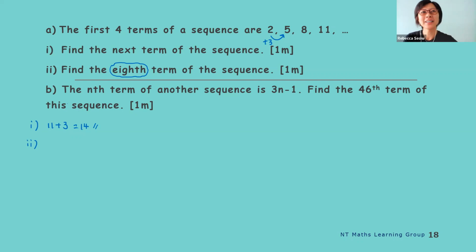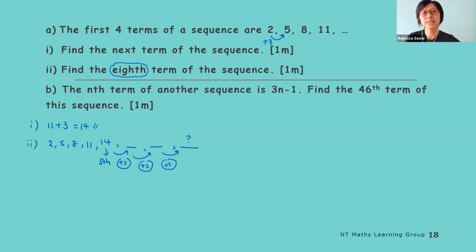Yeah. So I'm just going to add on. So we have 2, 5, 8, 11, 14. We are at our 5th term now. So 6, 7, and 8th term. Now, how do we find this number? So how many times of 3 do we need to add? 1 time, 2 times,